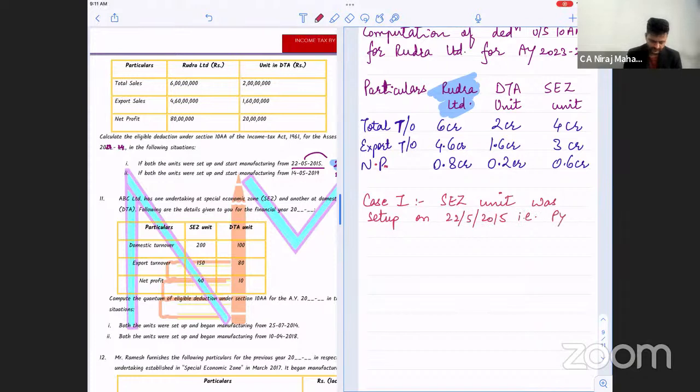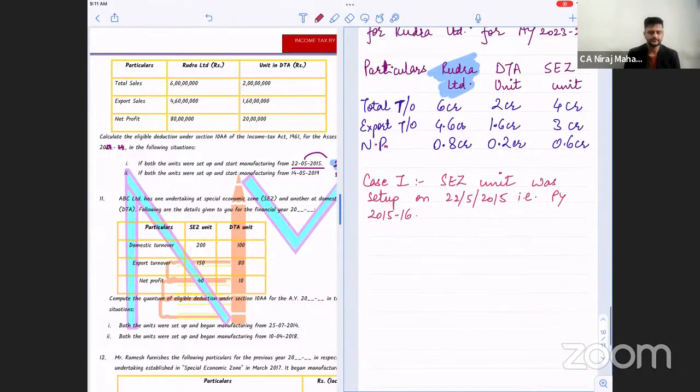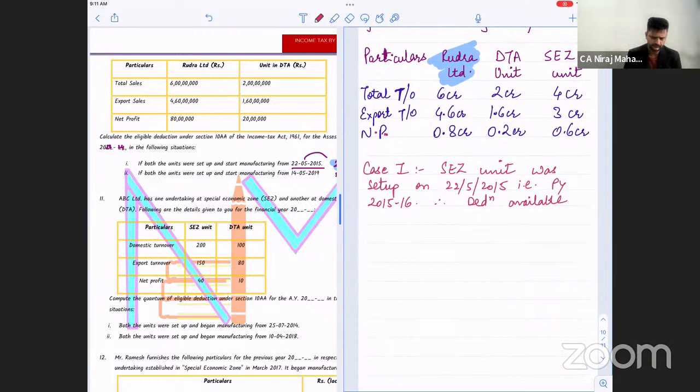That is PY 15/16. Correct? Therefore, deduction is available from PY 15/16 to PY 16, 17, 18, 19, 20